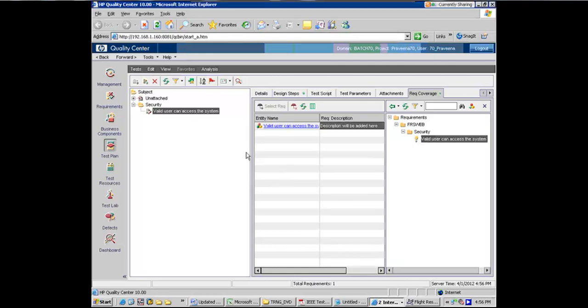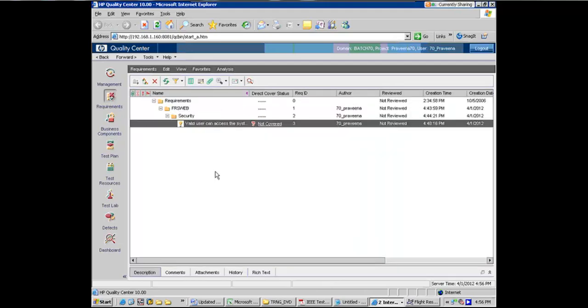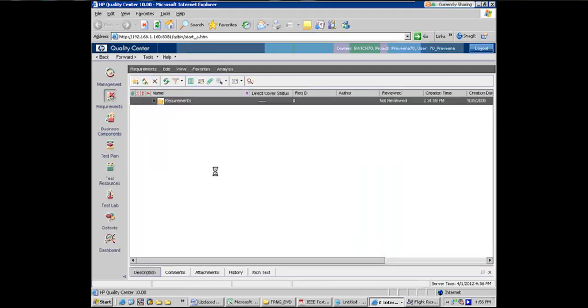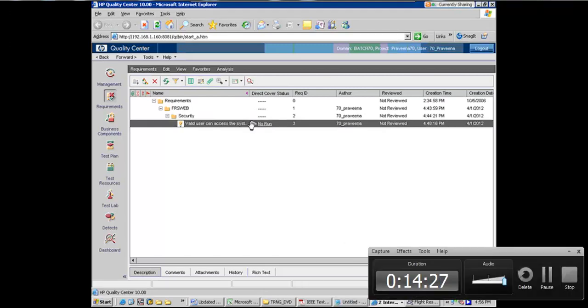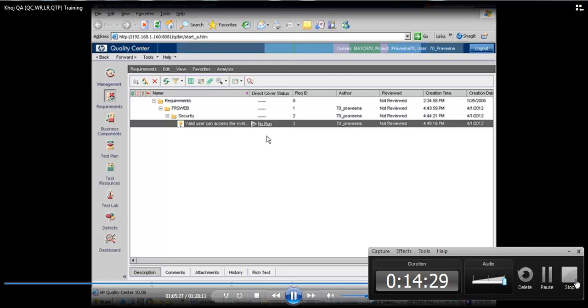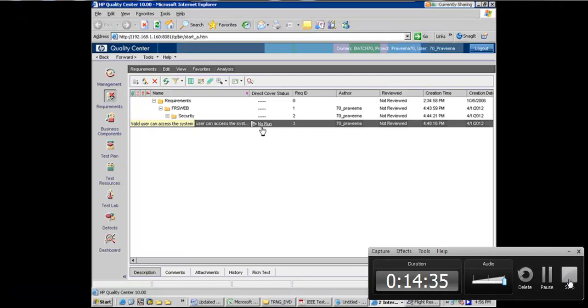Right? Now when I go back to requirements here and I refresh this, the status changed here. It says my requirement has coverage, but the test has not been executed. Right? Makes sense. So what happened